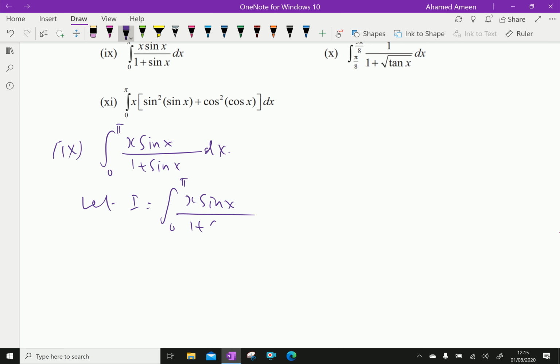By using the property of integral, that is integral 0 to a f of x dx equal integral 0 to a f of a minus x dx. By using this property, now we get I equal